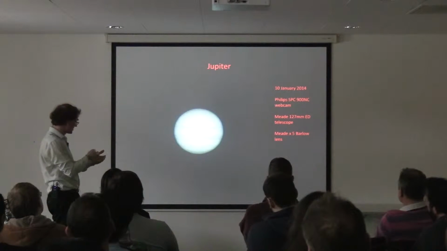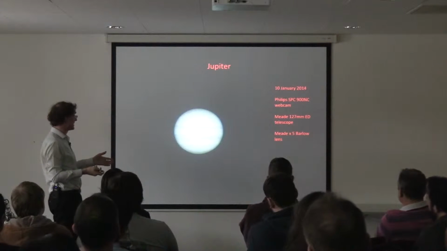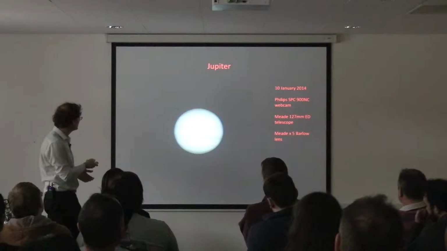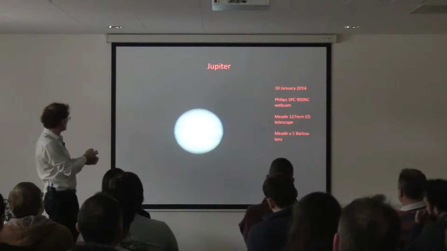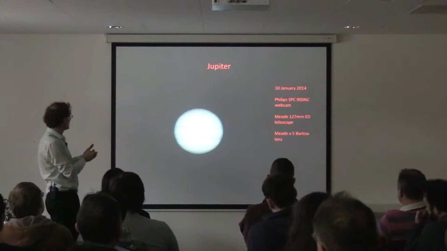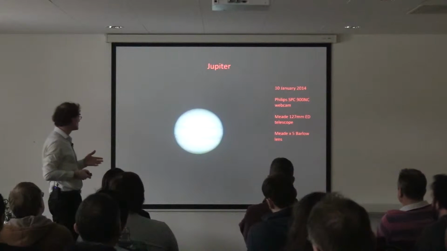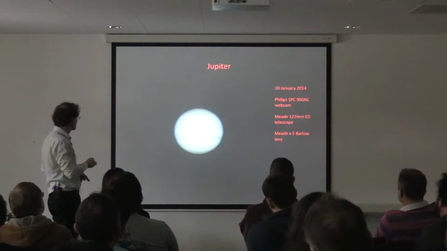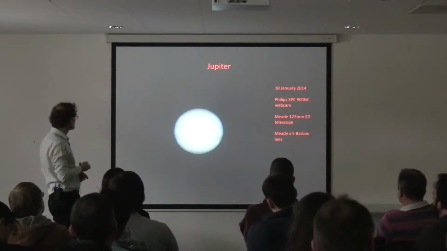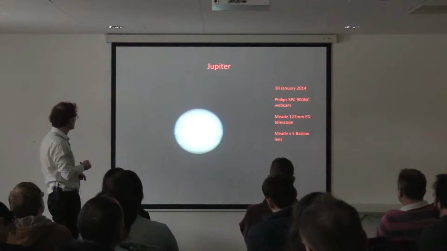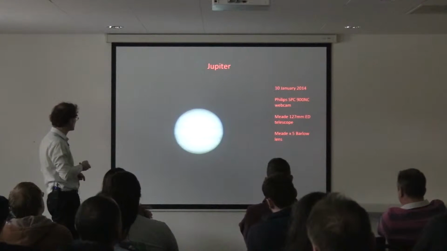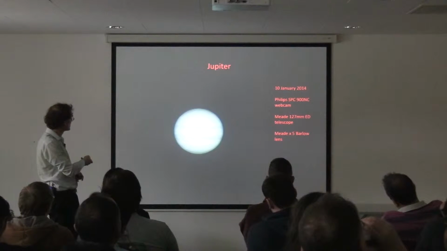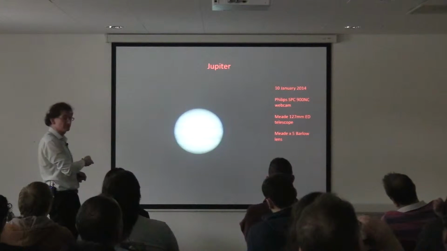But Registax stacks all of those frames, or the best half of them, or whatever you choose, or you can hand pick the frames if you've got the time. And so that reduces the effect of the turbulence, and then you can apply convolution filters within the same software to bring out as much detail. I could probably take it a bit further, but you can see quite a lot of detail within the cloud belts, and you can see the Great Red Spot there. It's not very red these days, but it's a huge storm about the size of the Earth that's been raging